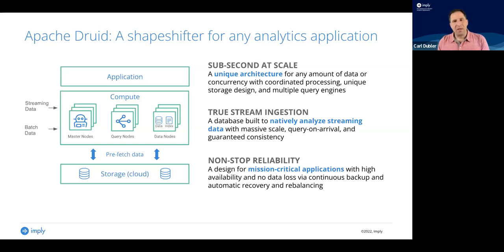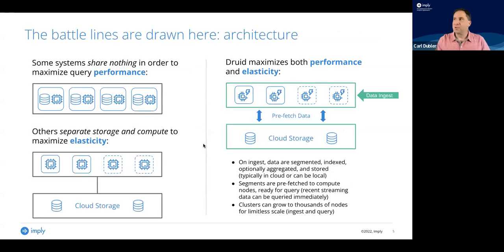So the at scale part is really, I think, the theme that you're going to see in this presentation: if you've got a small enough scale, any database will do. But when you begin to grow, that is when you're going to want this kind of architecture in place to assure that you will continue that high performance even with growth. So let's talk about the architecture, because I think it's really where we begin to see the differentiation between ClickHouse and Druid. On the left is a review of the two major kinds of architecture for an analytics database: shared nothing and separate storage and compute.